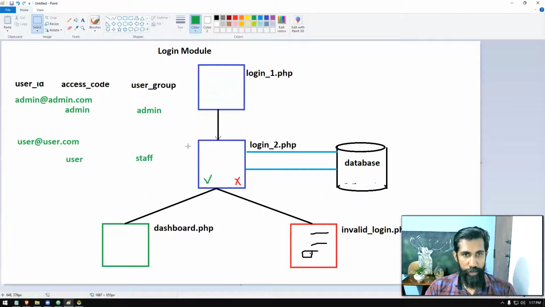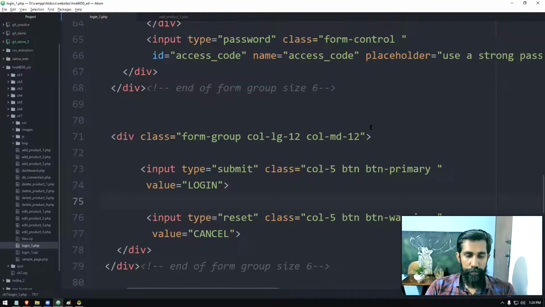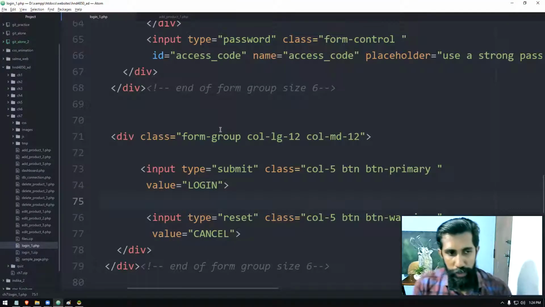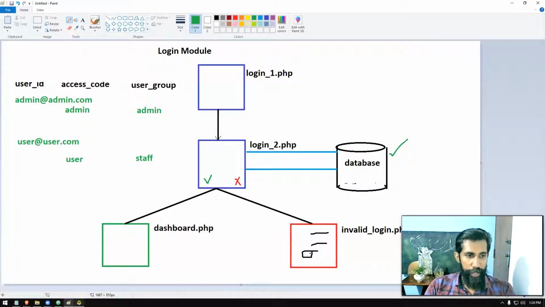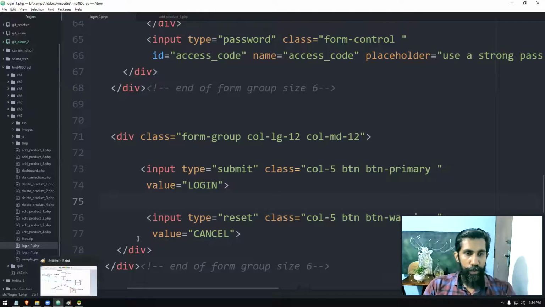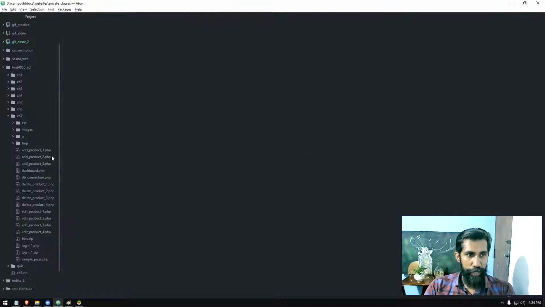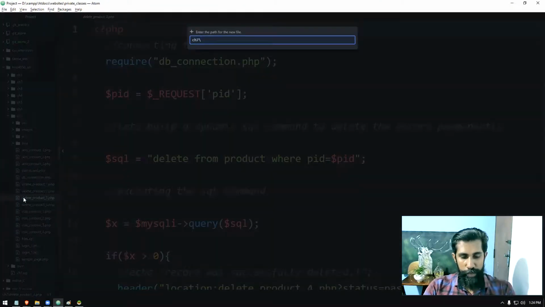The .php file, which is this one. The database part is also done. This table we have created. So we have to build this one and connect it with that. Let's build the login2.php file now. As you know, the login2.php file is not going to be a visual file. It's going to be a code-only file. So I don't need to make any duplicates. I'll just build another file.